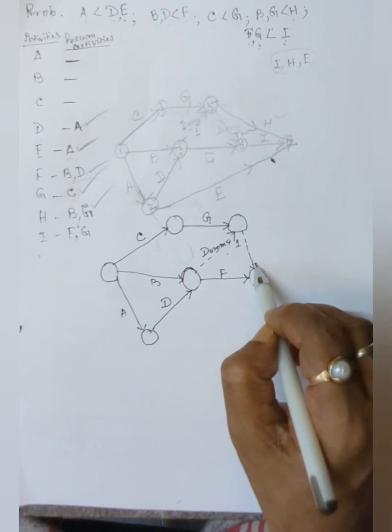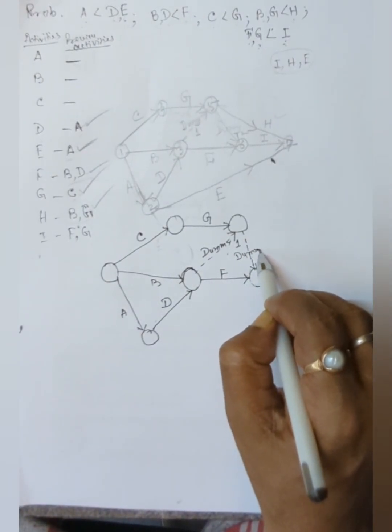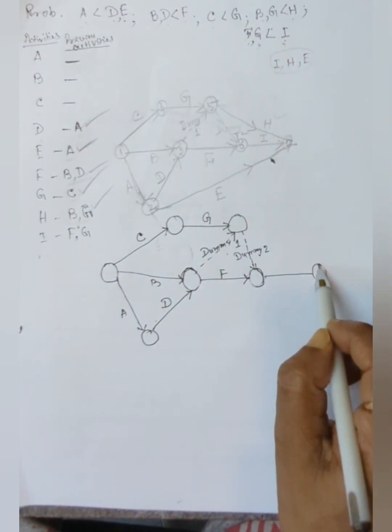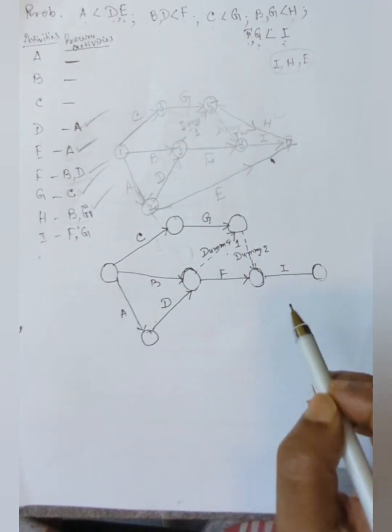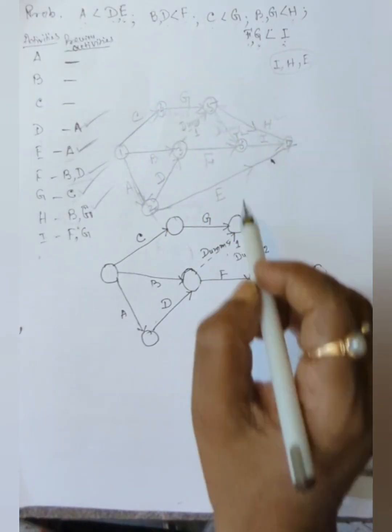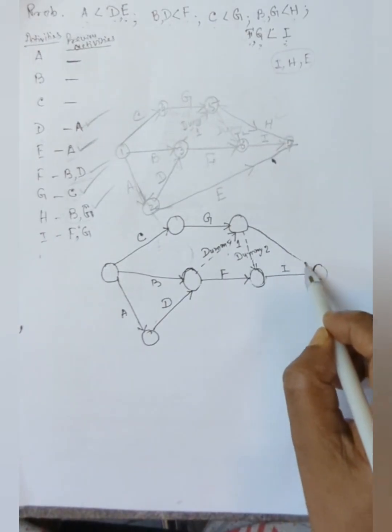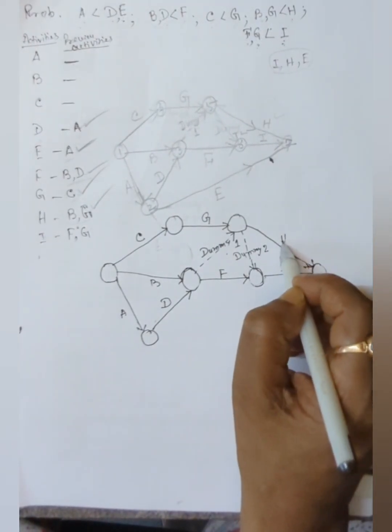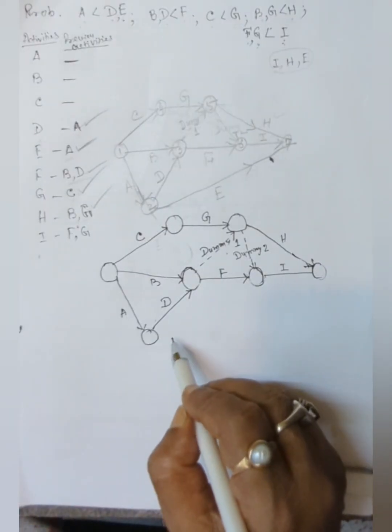This is dummy 2, and then I will be drawn, and for B and G the successor H is there. This is H, and